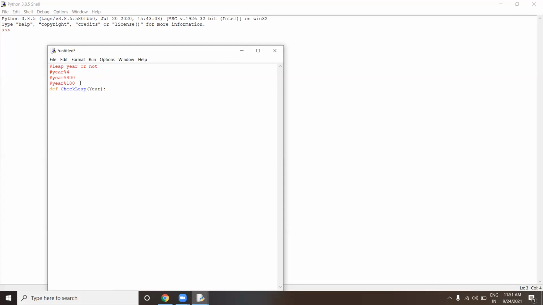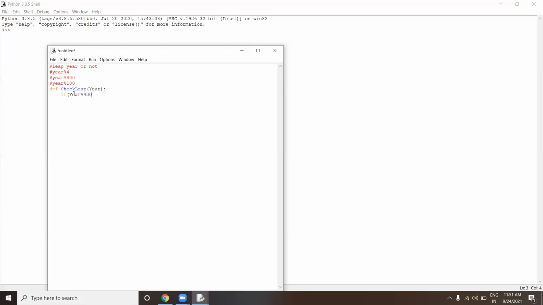And now we'll check for the given year. So let's take an if statement. I'm using if for conditions, right? So as here we have mentioned year, I'm going to take year